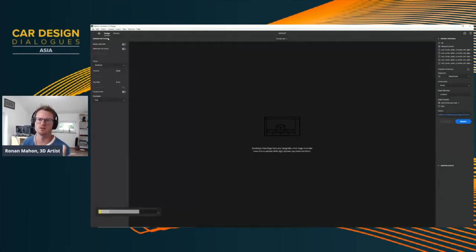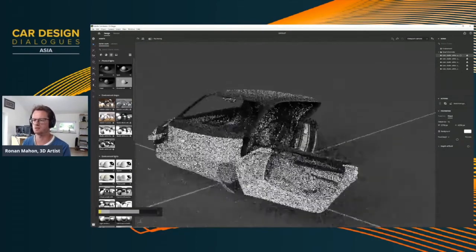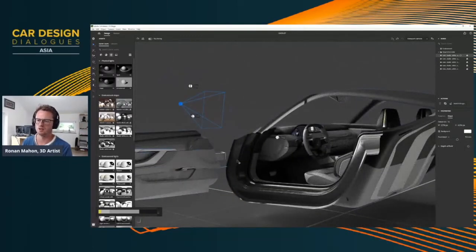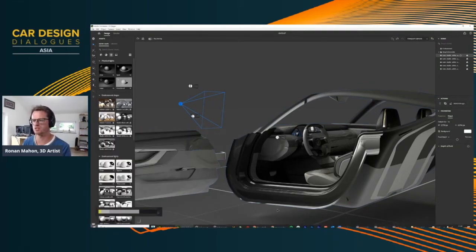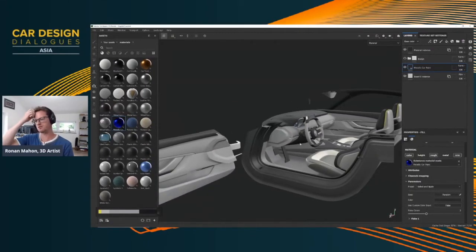If I want to actually send a render over to her, it takes about 2 minutes on high quality settings to get a full 4K image. So that is probably the process I would do. I'd send her over a few of these images, get some feedback, see how her design is working, and she'd probably say, actually, can I send these materials back to you again? And let's change X, Y, and Z. So it's nice that the process isn't just one way. I'm not just taking her information and applying it, and that's it.